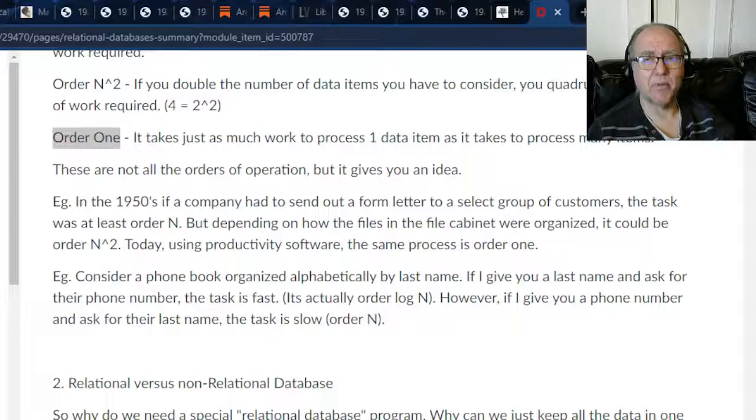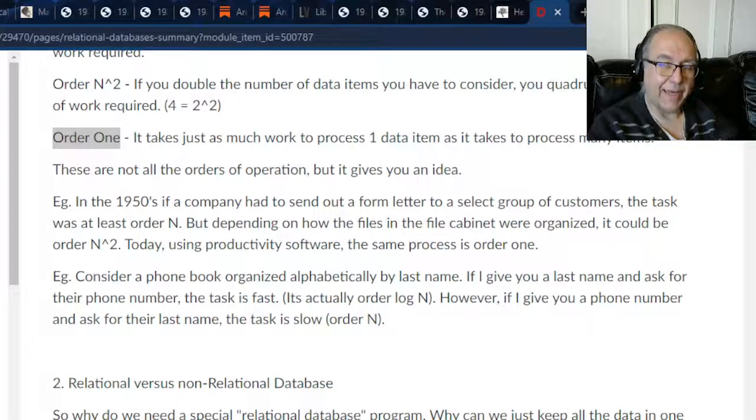Here's another example. Those big, thick phone books, I guess they still give them out, they throw them on your porches or whatever. But no one uses phone books anymore because you just look up names and numbers online or in the contact list of your phone. But once upon a time, there were these phone books, and they were alphabetically ordered by last name. So it was easy, if you knew someone's last name, to find the phone number for that person, because the